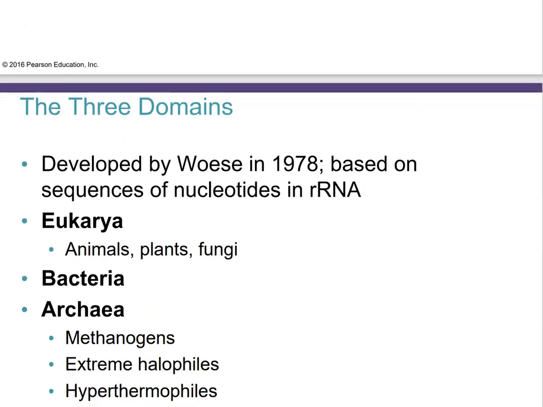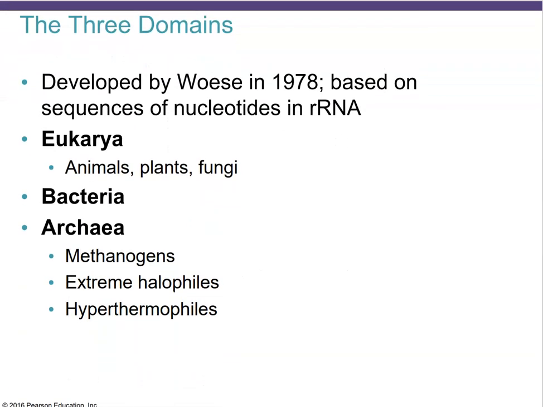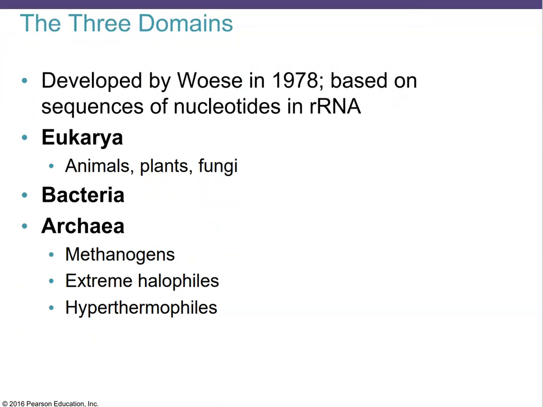Okay, so the domain system is mostly what people go by today because it just really is based on sequence similarities, and it says that the archaea aren't any more related to the eubacteria than they are to eukaryotes. And that is saying a lot because previously these two, now domains, were placed into the same kingdom, which they clearly don't belong into the same kingdom based on what we know now about the sequence comparisons.